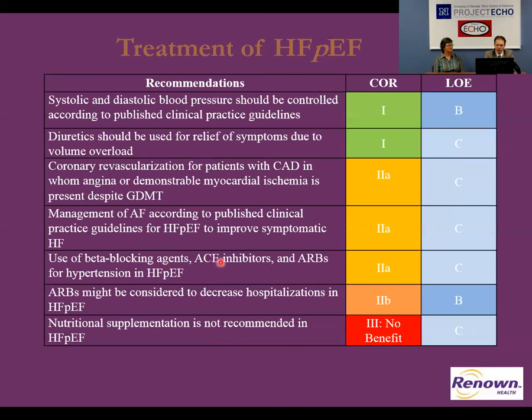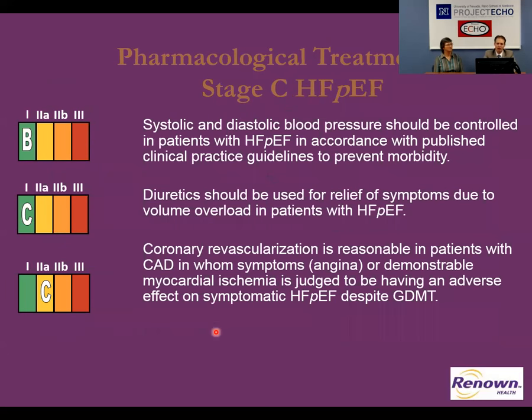So we said beta blockers, ACE inhibitors, and ARBs are preferred agents in heart failure with preserved ejection fraction. ARBs might decrease hospitalizations, and nutritional supplements don't help, unfortunately. So it is what it is. And so this is kind of the same thing, breaking it down one by one. Control their blood pressure, give them loop diuretic or other diuretics to decongest them, revascularize them on top of goal-directed medical management, maybe,